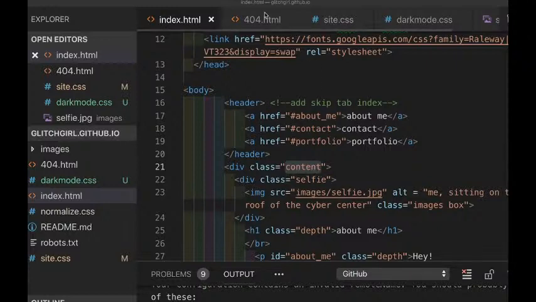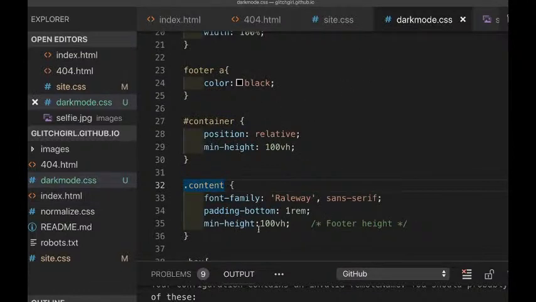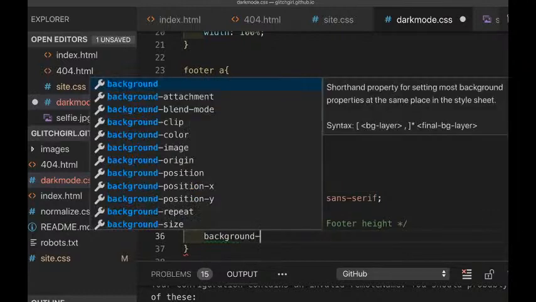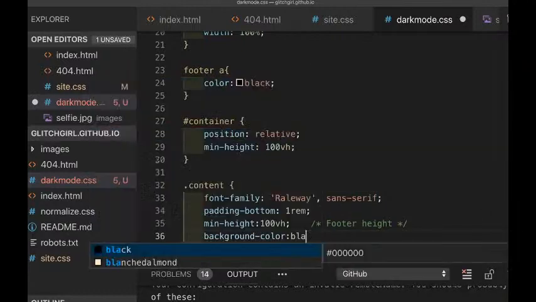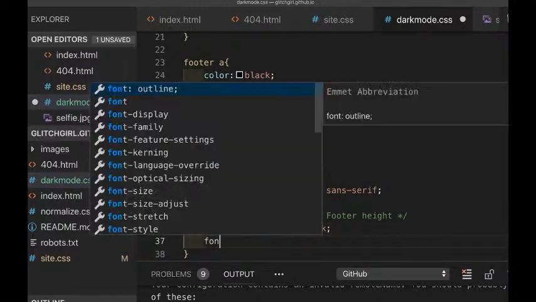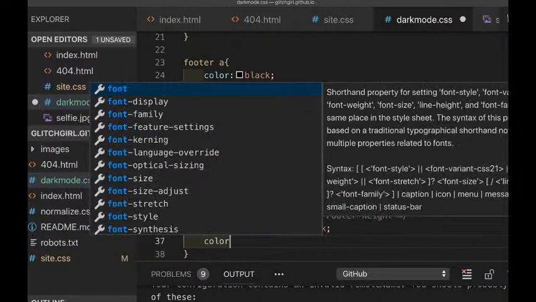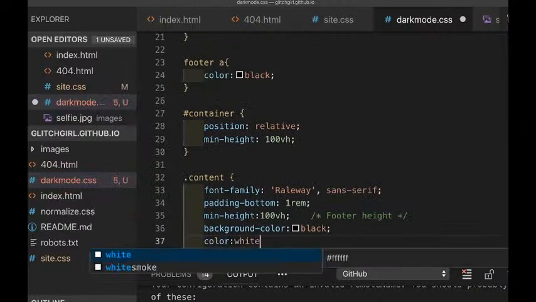So this class right here is the thing I want to change. I'm going to go back over to my dark mode, and in this content, we're just going to put background color black, font, oops, nope, just regular color. Wait,